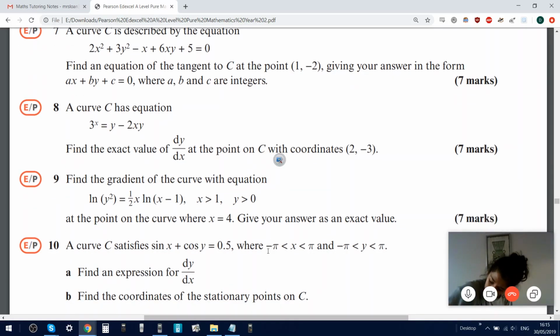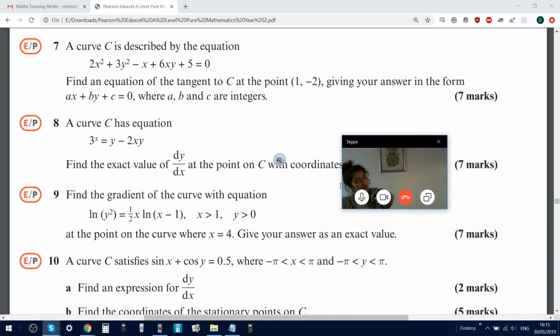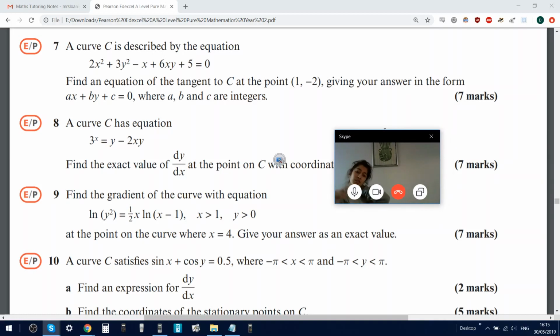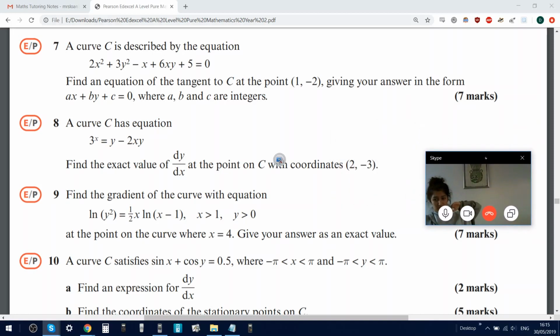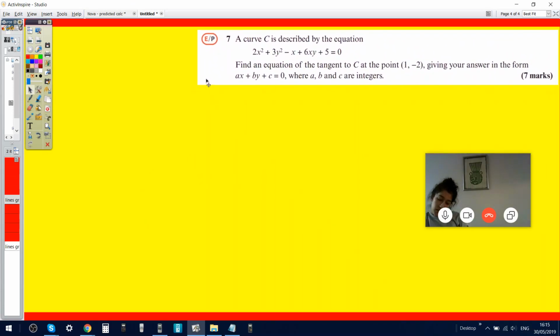They've got trig as well. Okay. Do a trig one as well. They all 7 marks? So the trig one is 7 marks in total because it's got A and B. I can do them all because they're all really different. Alright. Depending how long it takes. Okay, so